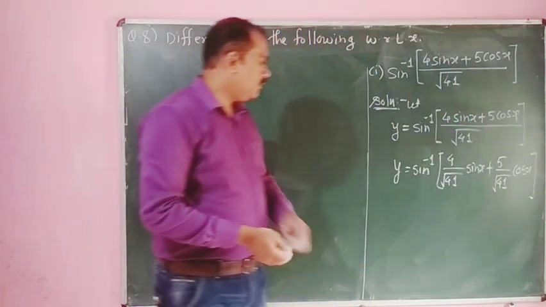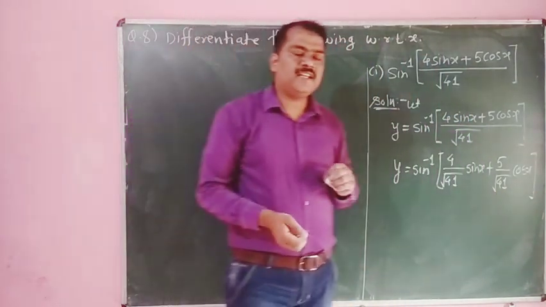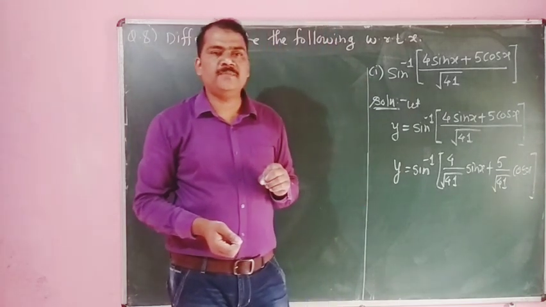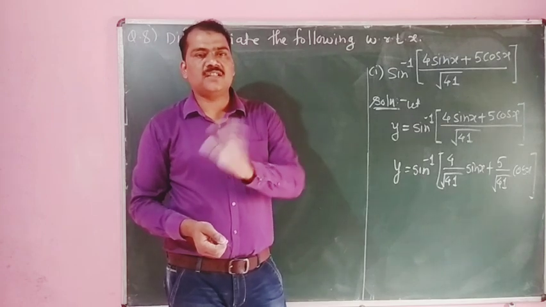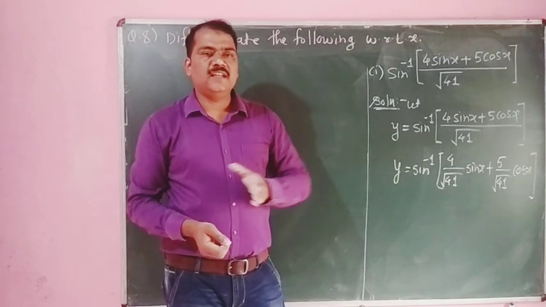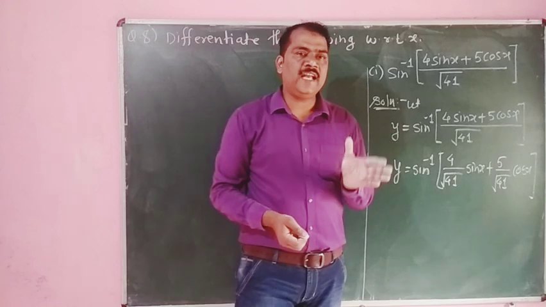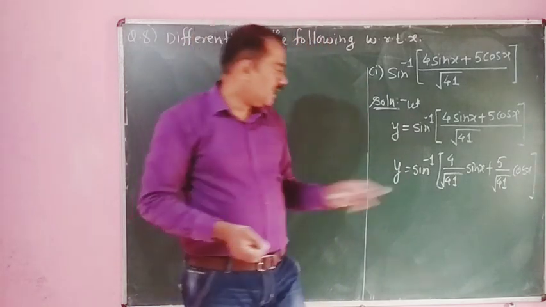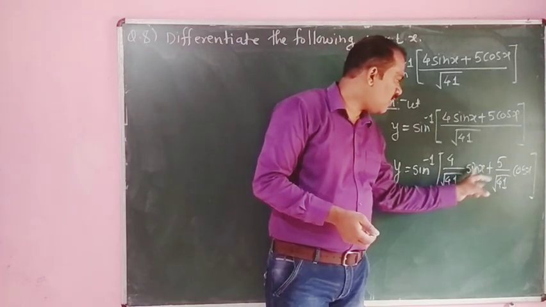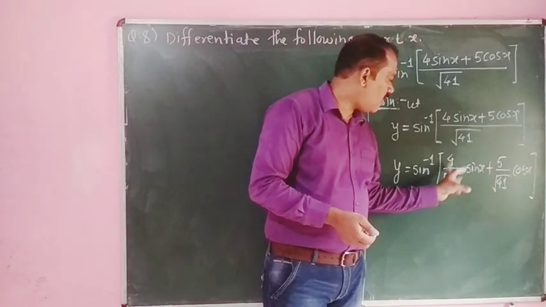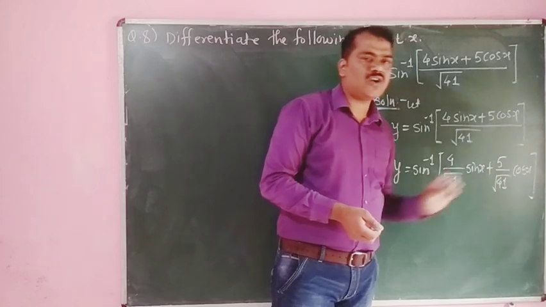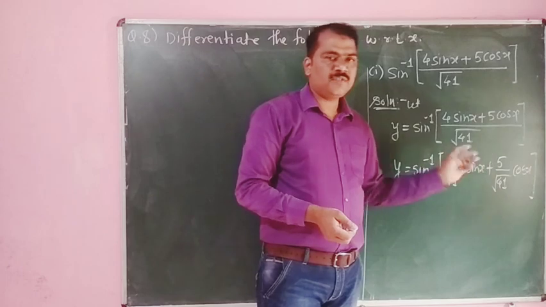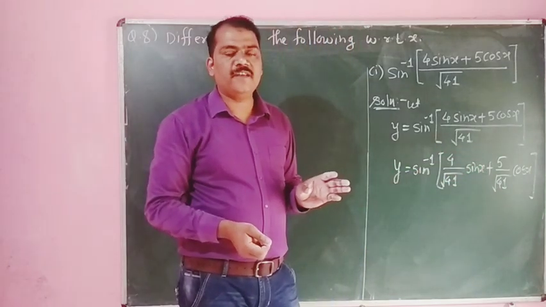Okay, we have to know the formula related to sin a plus b. What is the value of sin a plus b? Sin a plus b is equal to sin a into cos b plus cos a into sin b. Whatever the terms are, it is not important. Here plus is there, which means we require the formula related to sin a plus b.